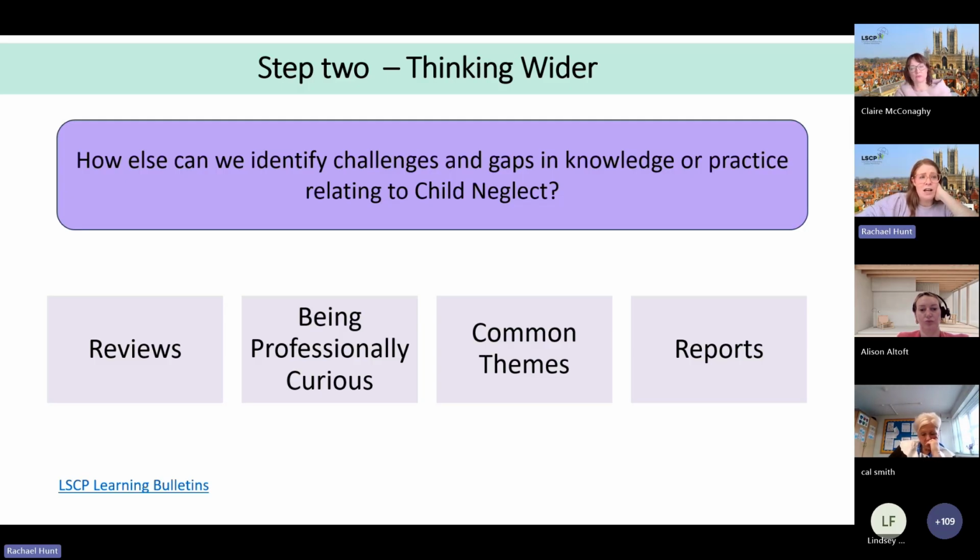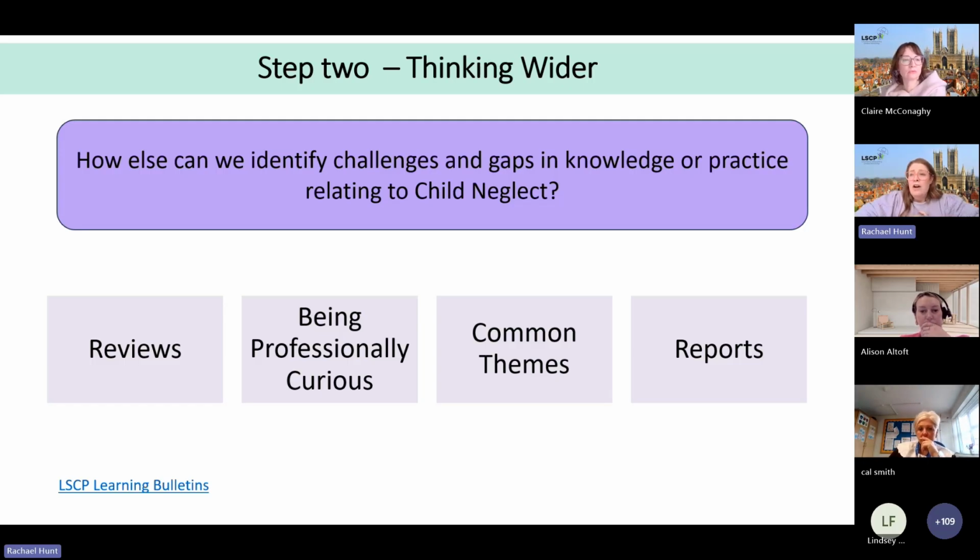Thinking about common themes. So we highlighted that before in terms of if you're seeing a lot of, I think lots of people are seeing a lot of poverty, a lot of challenge with the cost of living and how people are living, and things actually just becoming a norm now. I think it's really important to not just accept them as a norm, although I know it's hard to think about how actually are we responding to this. But just having those conversations, using the scales, thinking about how we can move something forward for a child and for a family, and also looking at wider reports as well. So I did share that report that I think was published last month, that Claire mentioned earlier.